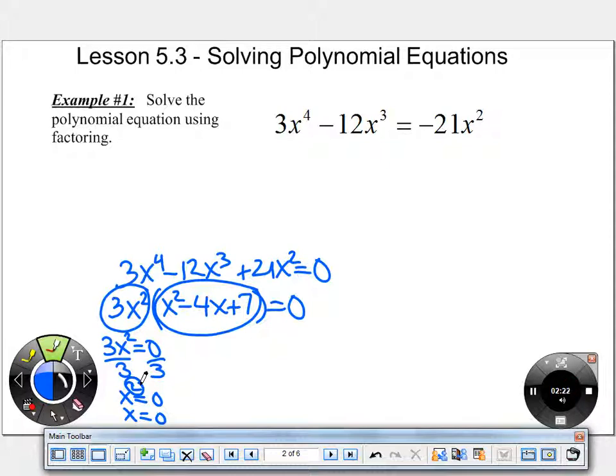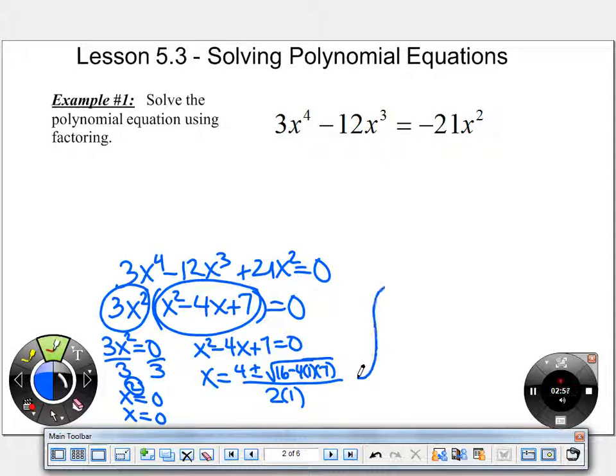But what was pointed out to us is we could complete the square. We can use the quadratic formula because now this part is a quadratic. So when I'm solving just this factor, since it is quadratic itself, I can use anything that we learned in the last chapter, which was about solving quadratics, in order to solve it. So you can complete the square. You can use the quadratic formula, whatever you prefer. So it looks like this, and if we simplify this, okay,